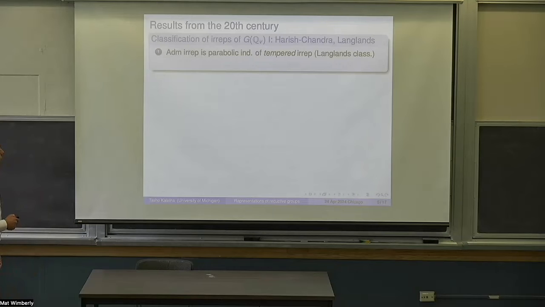Then you obtain all the irreducible representations of G. This is the so-called Langlands classification. And then you say, okay, that's fine. What are the tempered ones? Well, Harishchandra reduced the classification of those, again, with the same two parabolic induction, to what are called discrete series